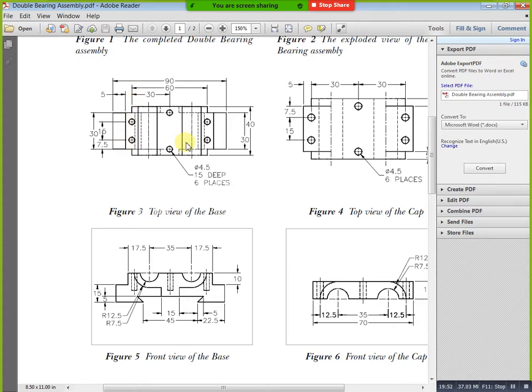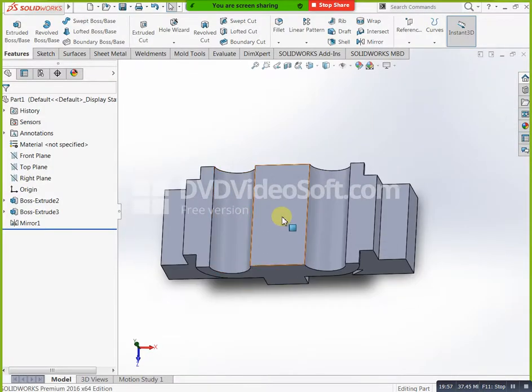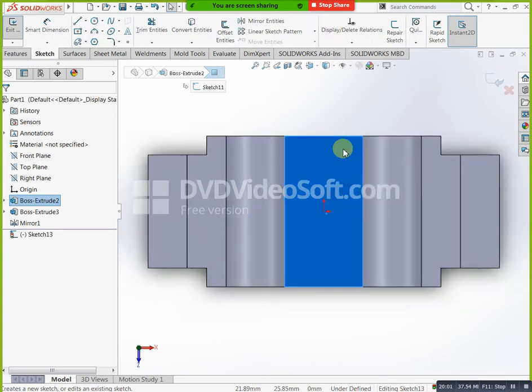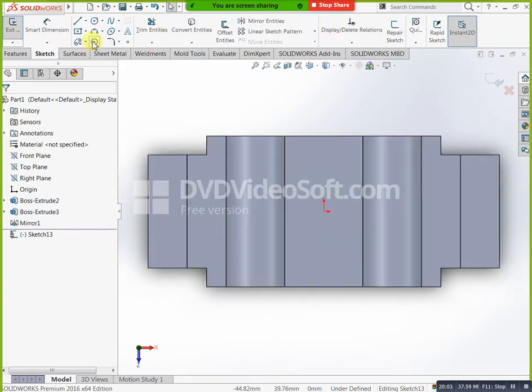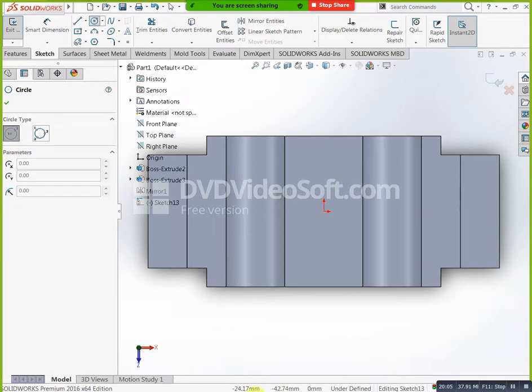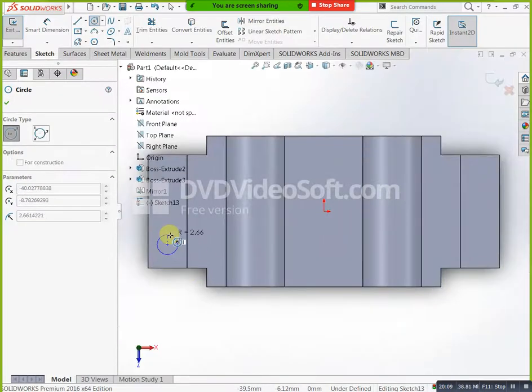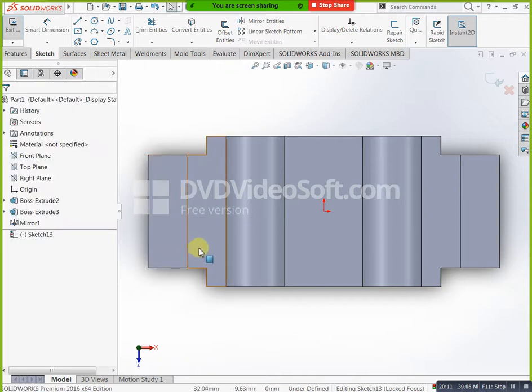Okay, next you can mention your offsets. X offset we have 5 mm. Y offset you have, small dimension here to here.